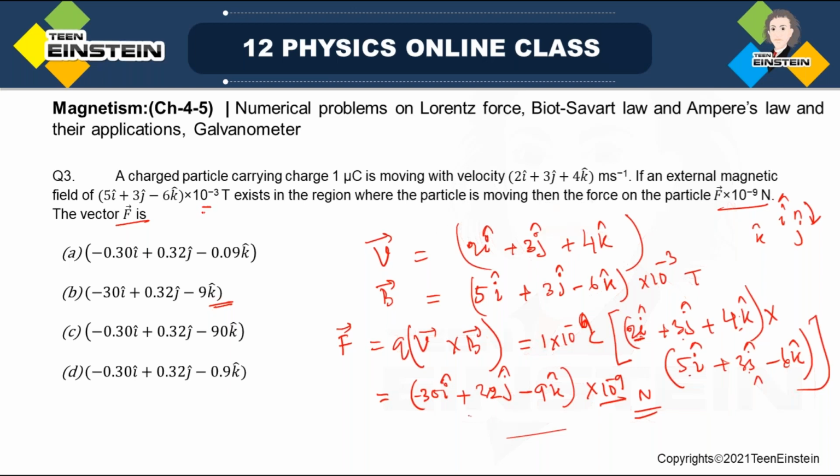This is actually 10 to the minus 3. This is microcoulomb, 10 to the minus 9. Sorry, minus 6. So this will give you 10 to the power minus 9 anyway. What is given here? 10 to the minus 9. Microcoulomb, fine. This is 10 to the minus 6. B into 10 to the power minus 3 again. Fine. So this should be actually,